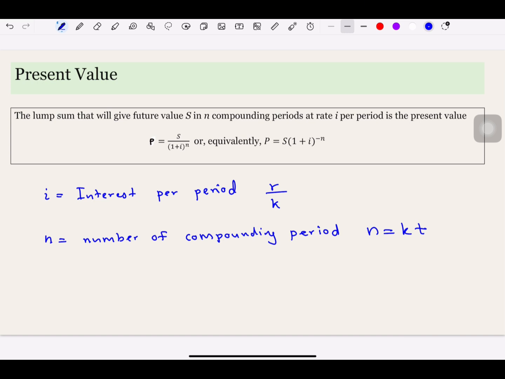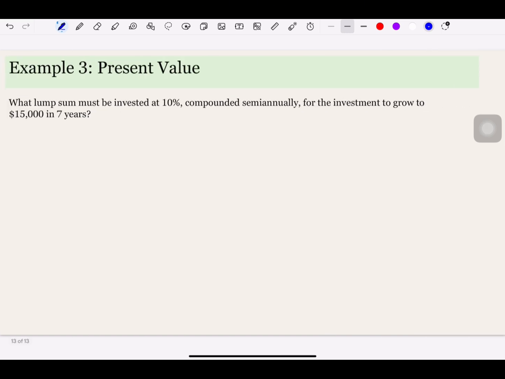Okay, so let's try an example. Here you have to calculate the lump sum that must be invested at 10% compounded annually for the investment to grow to a future value of 15,000 in 7 years. So here the future value is S, which is going to be 15,000, and the interest rate R is going to be 10%, which is